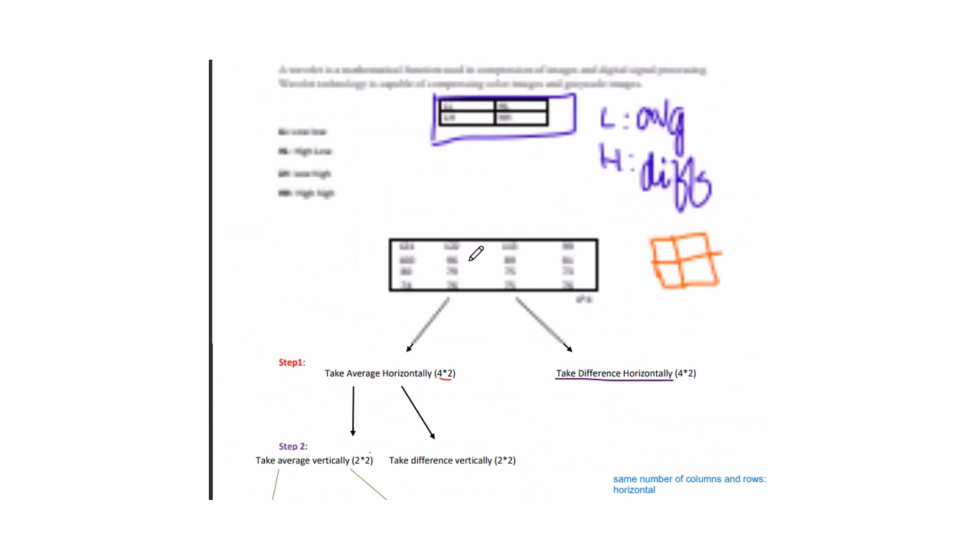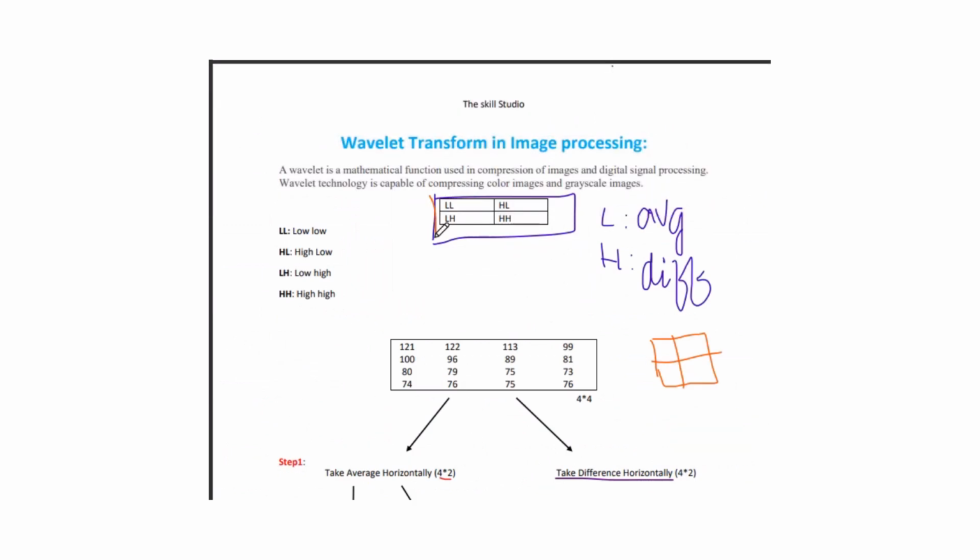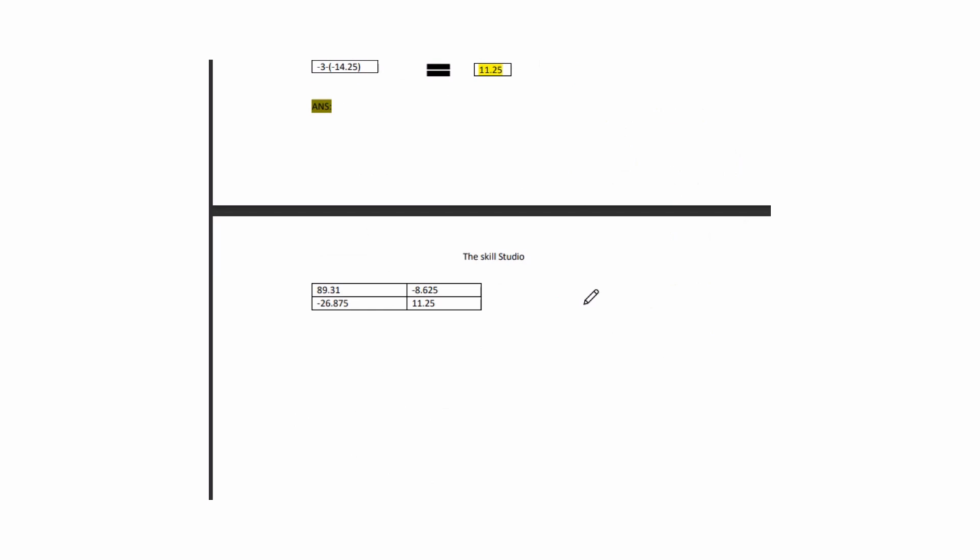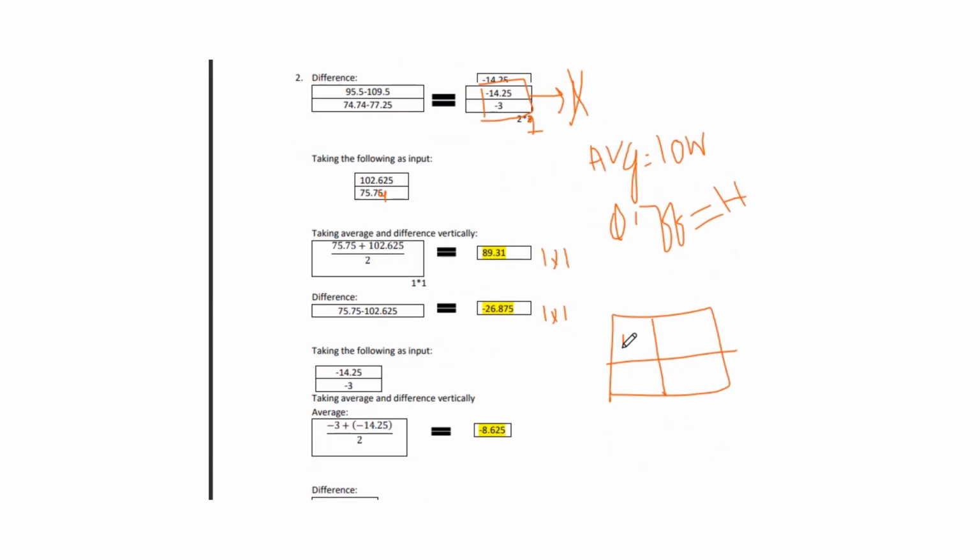If we go to the first slide, this was the thing that we are finding out at the moment. So this is LL and this is HH. Let me write it here. This is LL, this is HH, this is LH, and this is HL, right? So when we calculate,